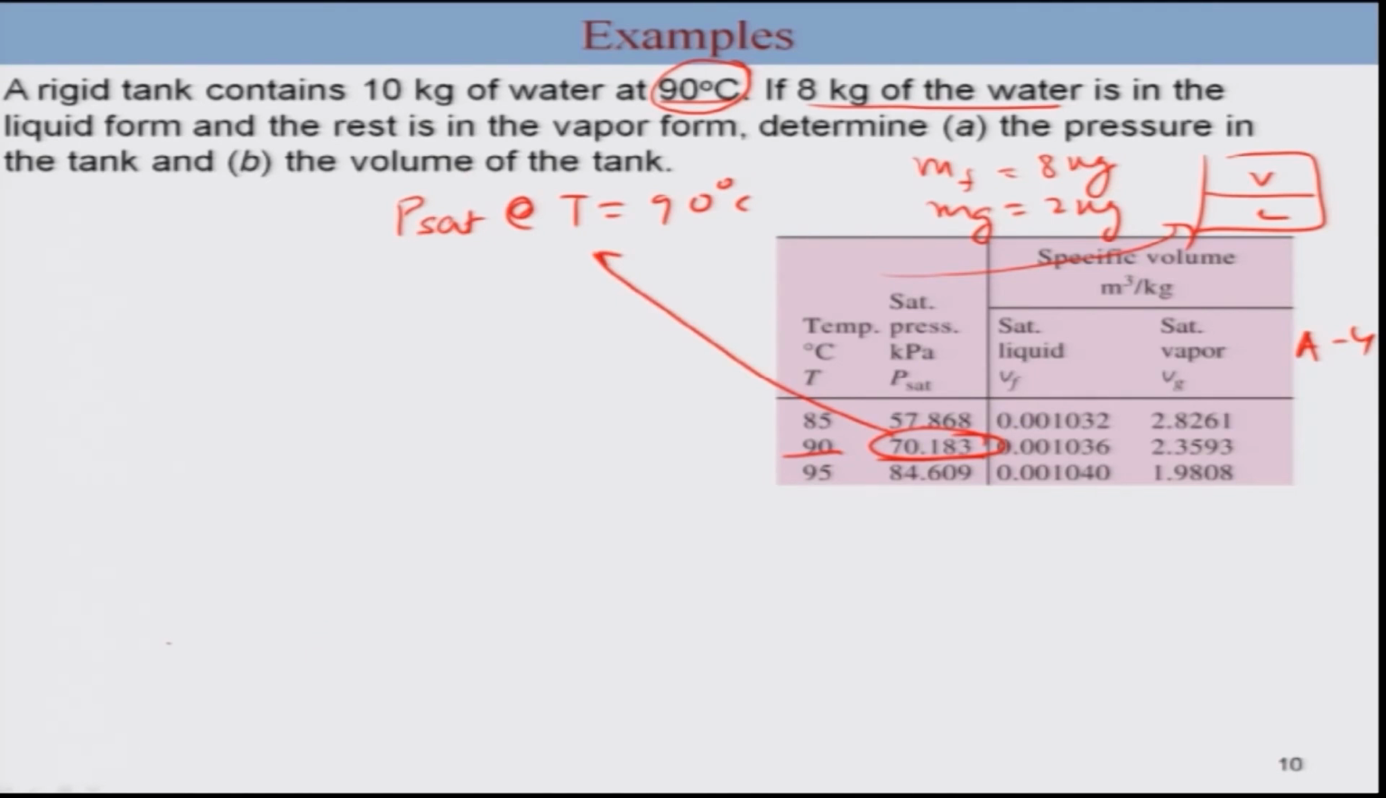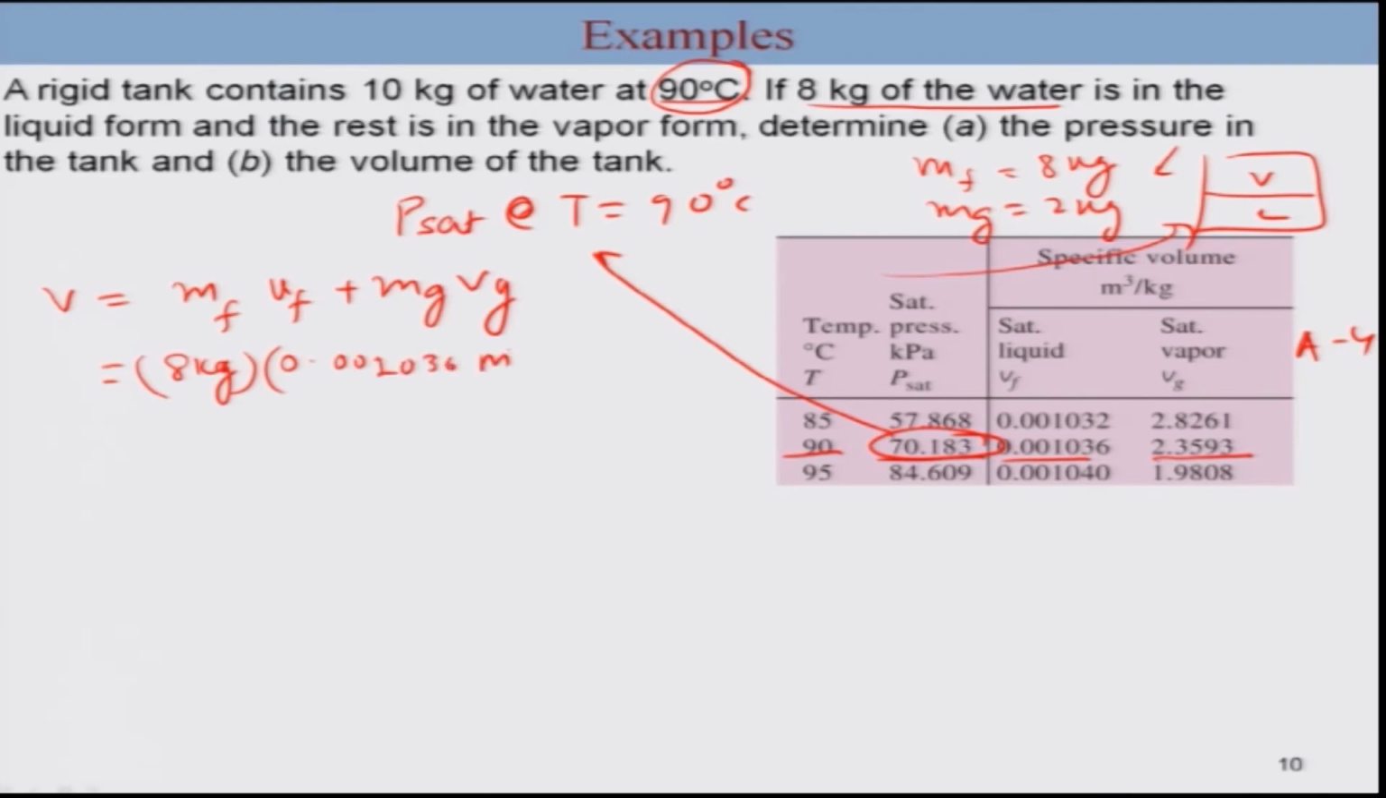You can solve this problem in two ways. So let's first look at what volume we have to write, because we have been given the mass of the fluid and gas already. So we can simply write the total volume as mf Vf plus mg Vg. Now we know Vf and Vg already from the table. So you can simply plug in all these values. So 8 kg, and then you have this